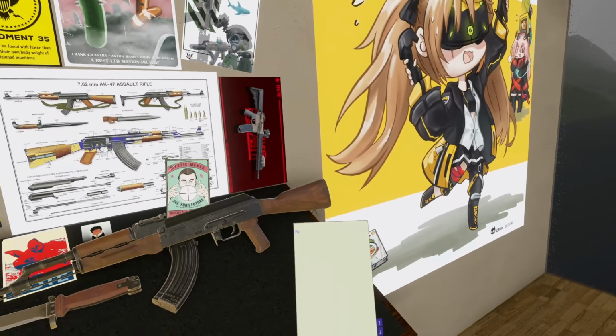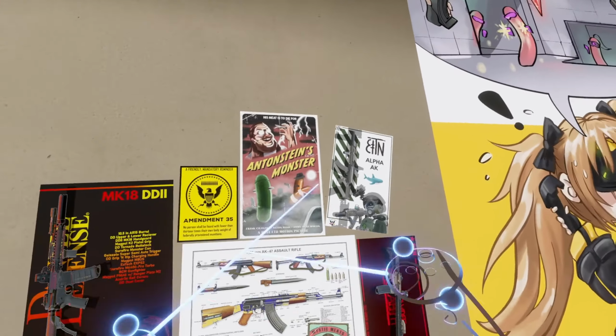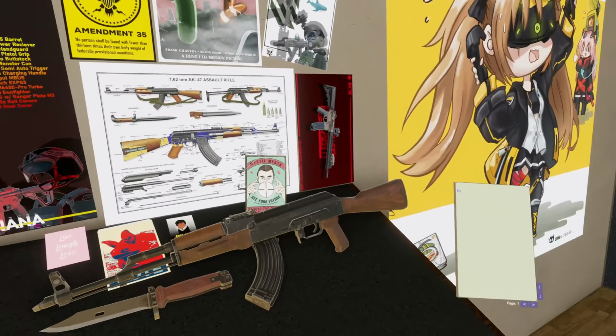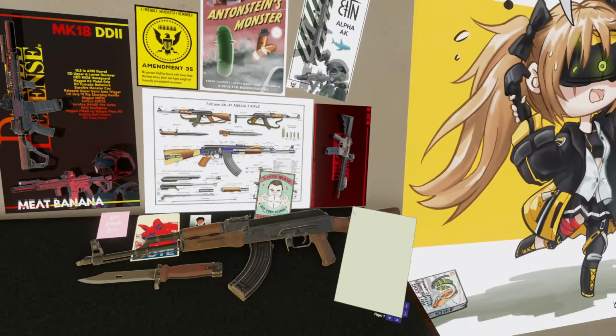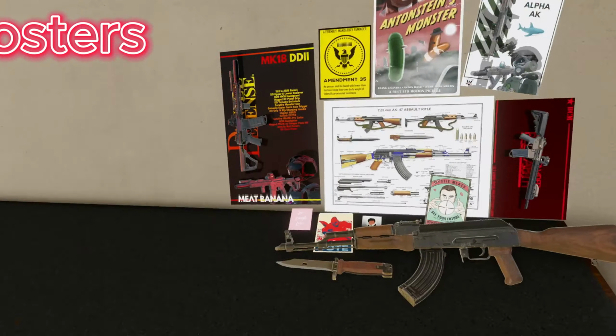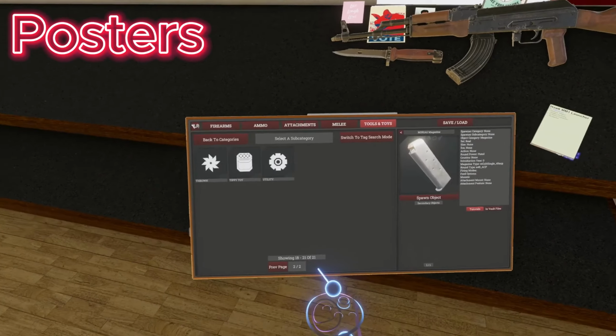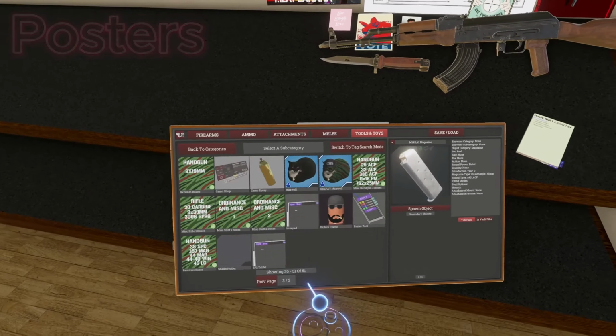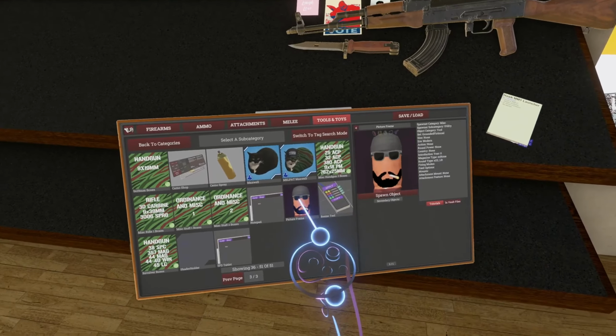So we have two items. First of all is this notebook, and second of all is posters. Both of these are in pre-alpha testing. They're not ready, but you can try them out. Posters, you can find these. If we go over here to next page, utility, you'll see Notepad is that one, and then picture frame